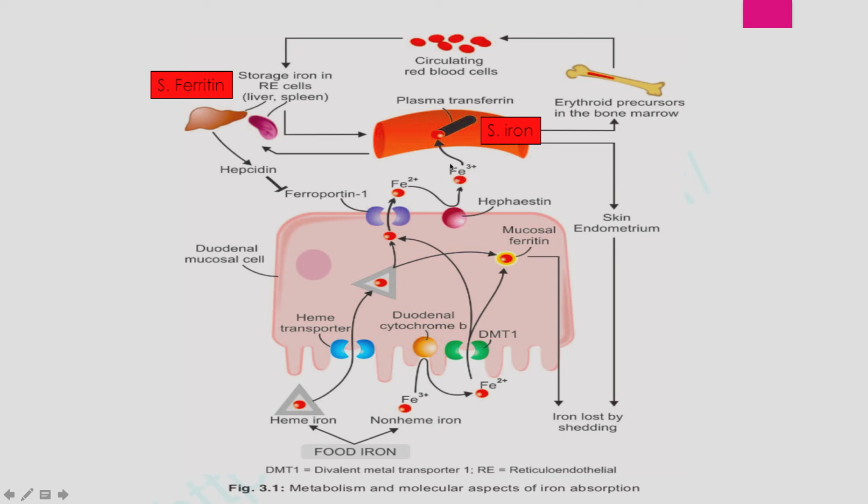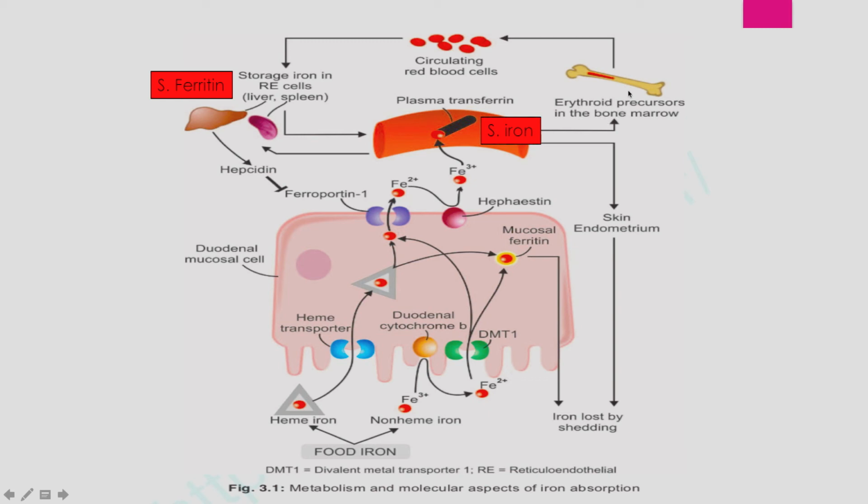form enters the bloodstream, where in the blood there is this protein called transferrin, which is produced by the liver. So the iron is attached to this transferrin, because iron is a toxic molecule, it cannot float like that. So it attaches to the transferrin protein, which is produced by the liver, and this transferrin plus iron is transported in the blood to erythroid precursors, for example in the bone marrow cells.